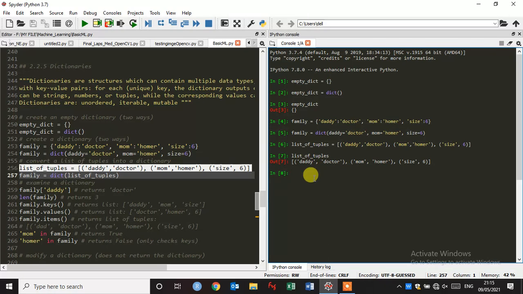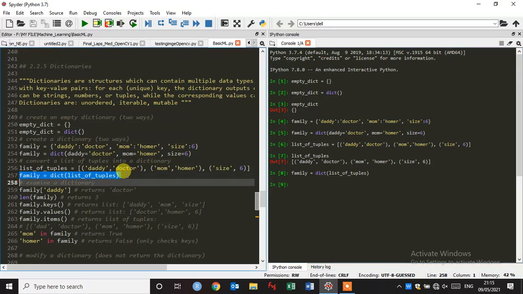Okay, so the list of tuples is converted into a dictionary. So this is how you can convert a list of tuples into a dictionary.